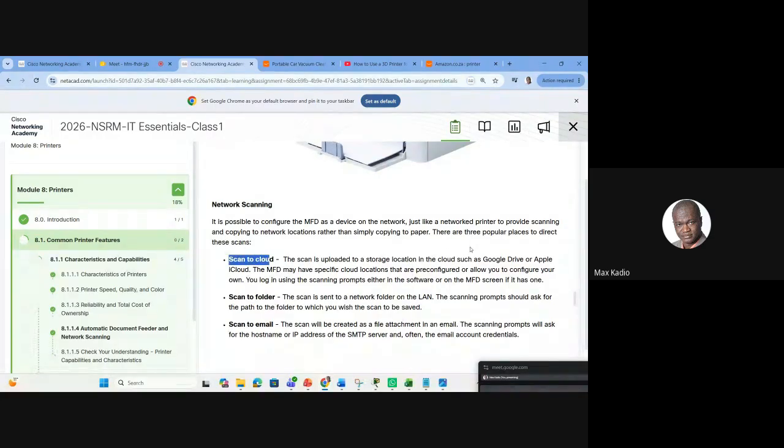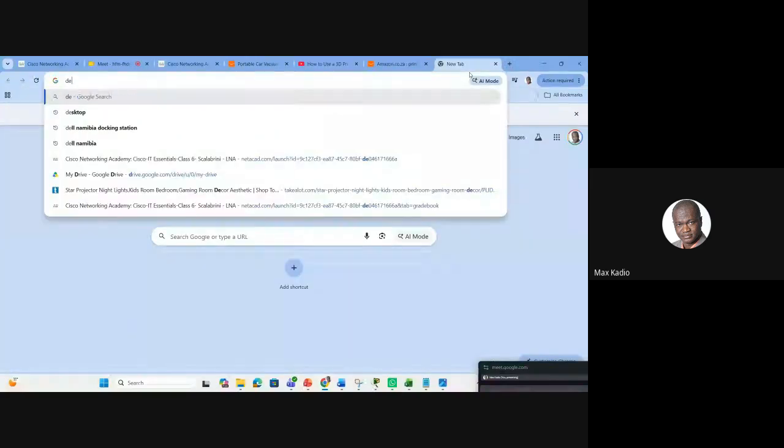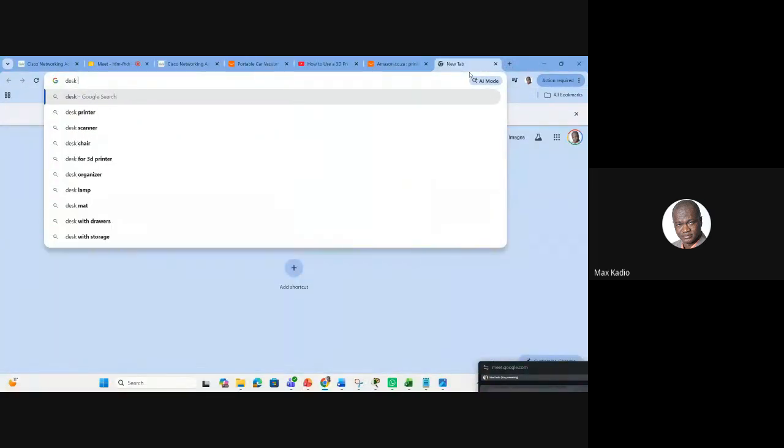You can scan and it will go to your Google Drive or Apple. So we have different types of printers, like the desk printer.